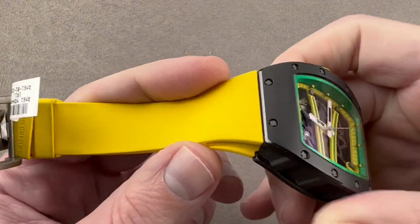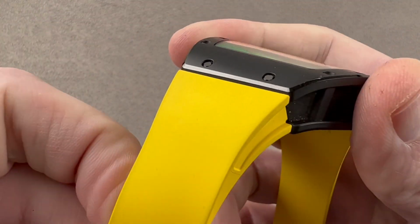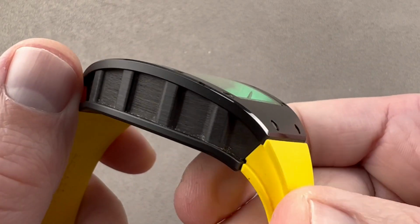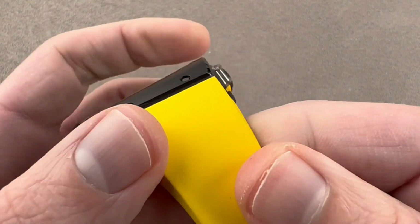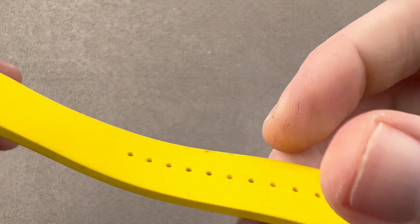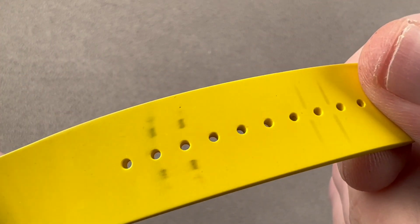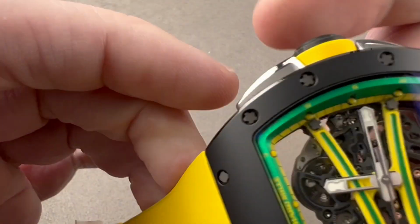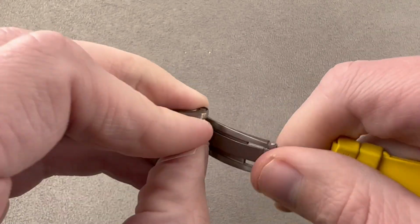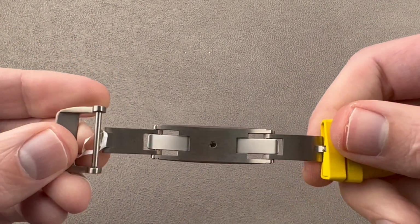Now, taking a look at the strap, you can see we have Jamaican flag colors here, and that's accentuated by the strap, which has little hollows in the flank that echo the relieved profiles of the case. We have a little bit of a diminishing thickness as we move towards the underside, and the flexible backside of the strap is completely new. You can see it's not crimped, it's not gouged. It's an RM factory strap in outstanding condition,